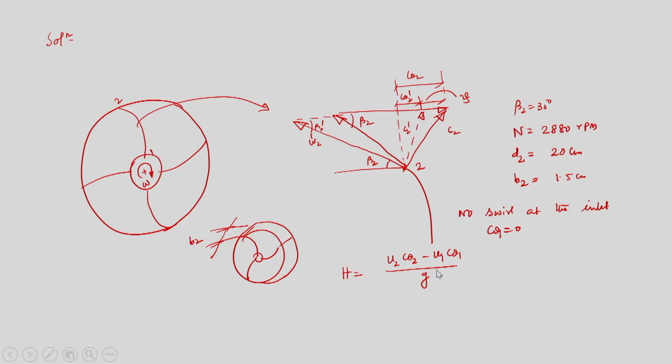Since no information is given about the effect of inlet swirl, we have assumed the inlet swirl component is 0, there is no inlet swirl, there is purely radial inlet. That means the head developed by the pump will be u2 c theta 2 by g. Now, since we are going to consider the effect of slip, the component of absolute velocity, which is a very important component for the head being developed by the pump, that is c theta 2, will be c theta 2 prime for the present case.